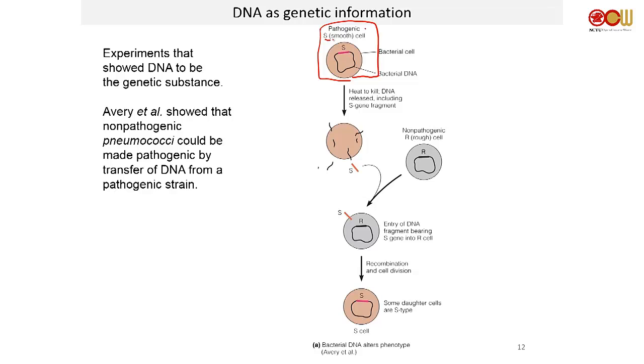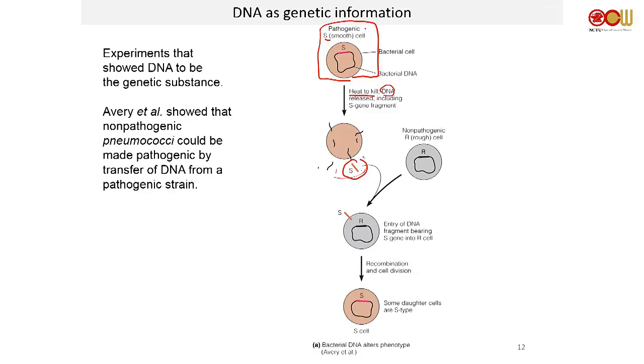Then what we're going to do is kill this bacteria. We're going to break this bacteria. In this case, they used heat to kill it, and the cell opens and the DNA comes out. The DNA comes out in fragments because heat will actually denature your DNA. Now the cell is broken; it has separated into its DNA and its proteins. You already killed the cell, and then you take this lysate